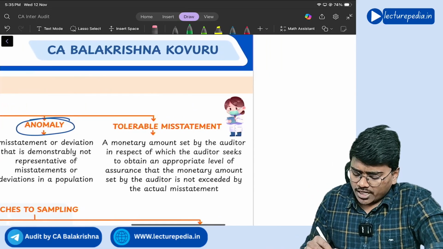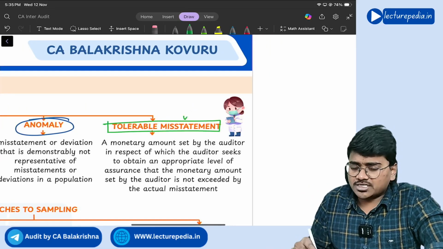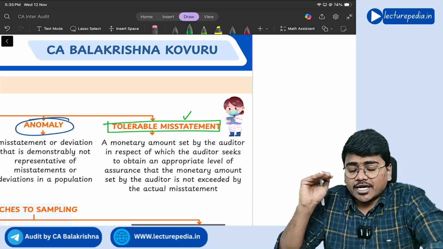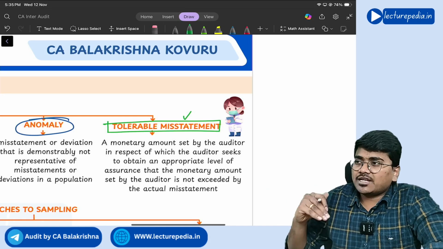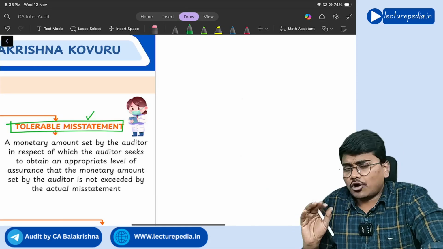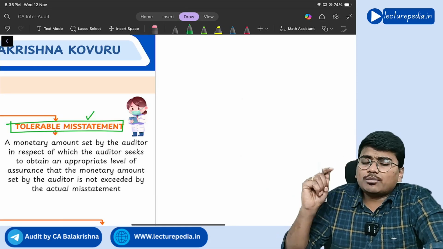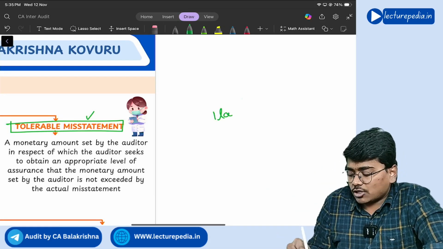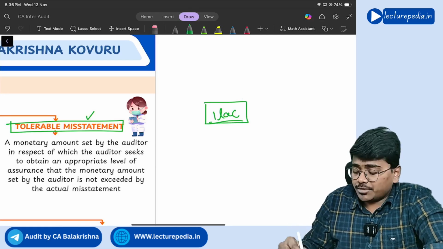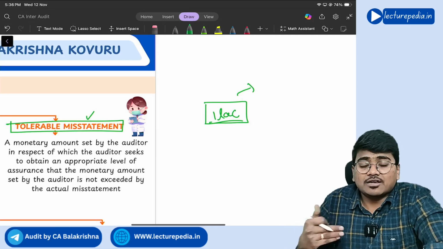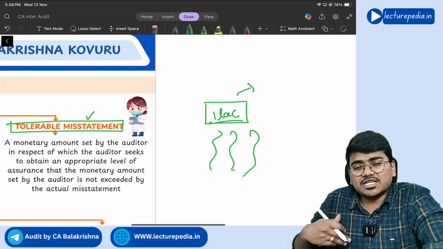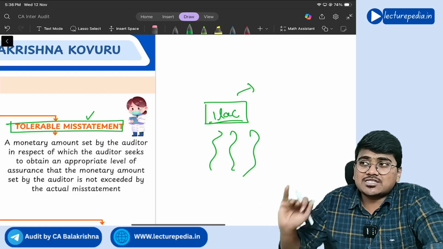Next, tolerable misstatement. Tolerable misstatement means if the misstatement is up to that level, it is okay to the auditor. It will not impact the opinion of the auditor. For every audit, the auditor will keep a tolerable level of misstatement. Let's say 1 lakh rupees. That means until and unless the misstatement crosses 1 lakh rupees, the auditor will not be concerned with that. So if the misstatement is less than 1 lakh rupees, it is okay to the auditor, and this is known as the tolerable